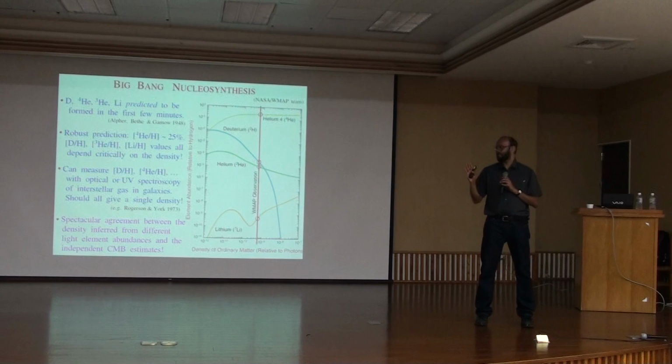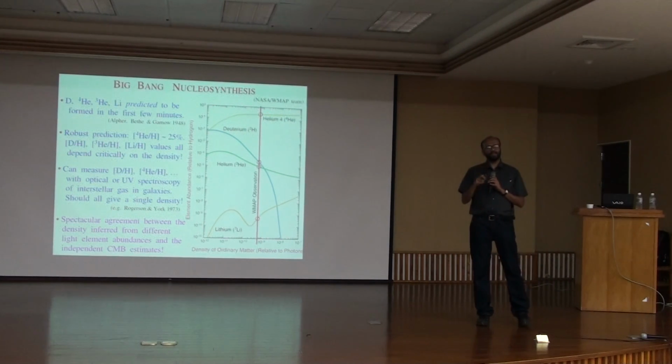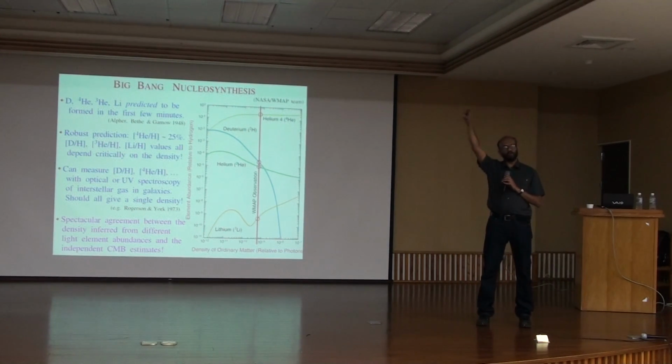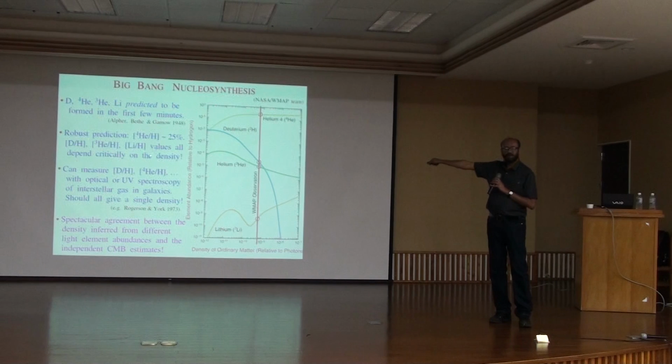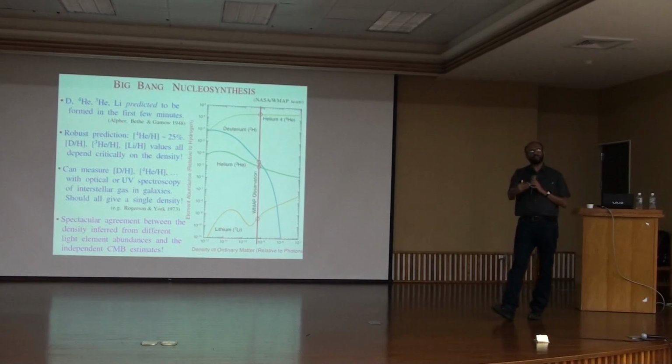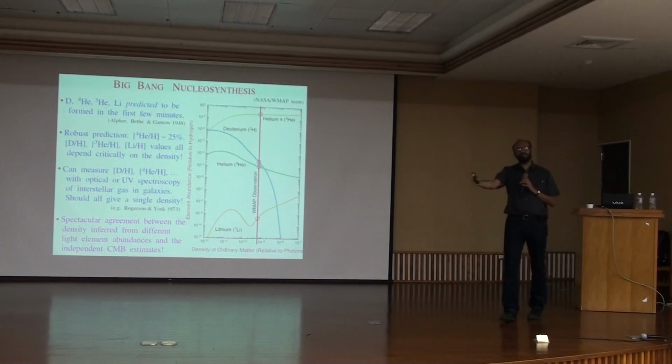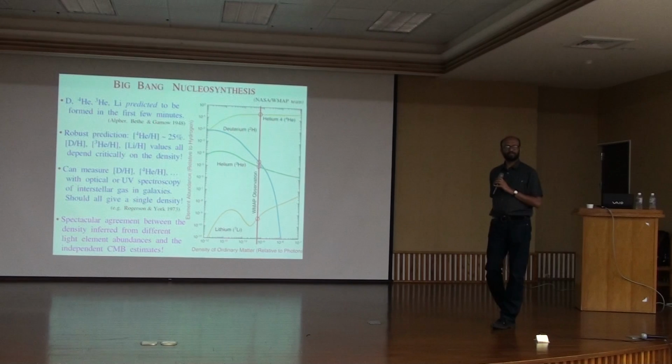The third thing is that in every direction where I look, here, there, wherever I look, all of these should have the same values, because they're all produced early in the universe. All of these are predictions of the Big Bang. If any of these is wrong, the Big Bang is wrong.